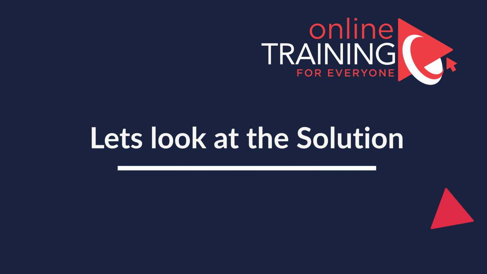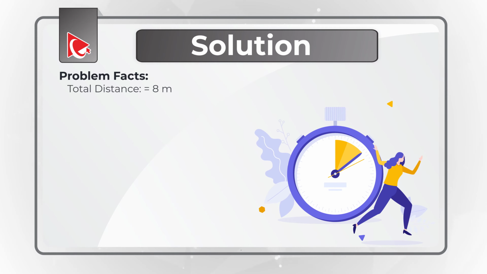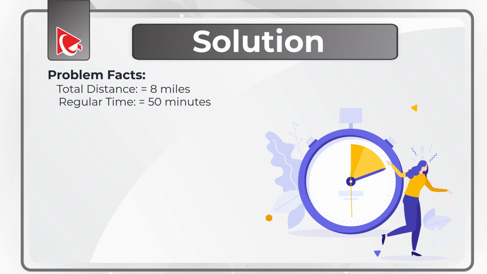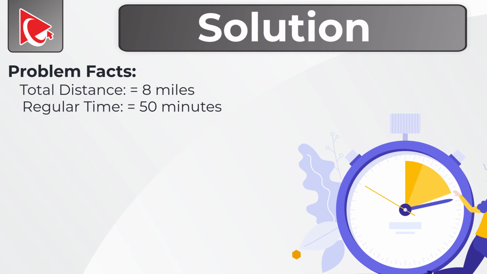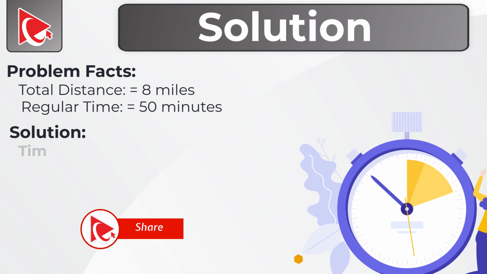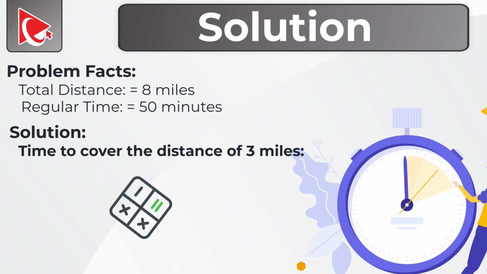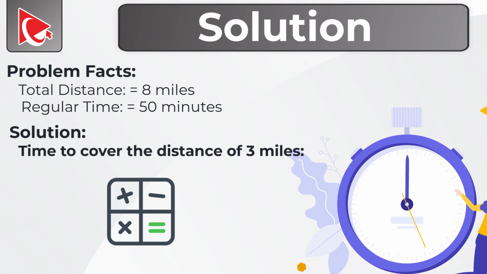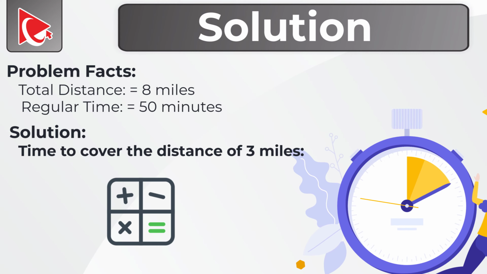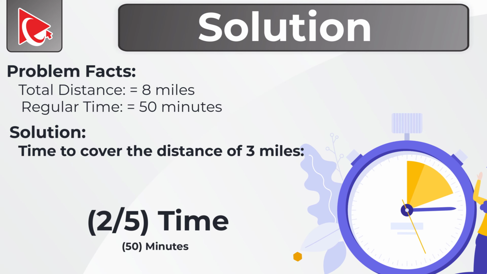We only have 2 facts in this problem. Total distance equals 8 miles per hour. And regular time Anisha covers this distance is 50 minutes. So, to get to the solution, we need to determine time to cover the distance of 3 miles. Let's first calculate how long it took for Anisha to cover the distance of 3 miles. We know that it took her 2/5 of the regular time, and regular time is